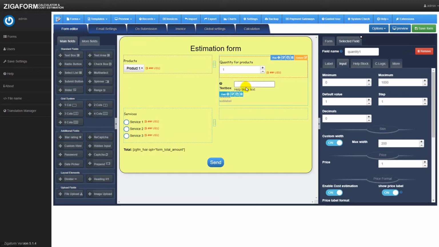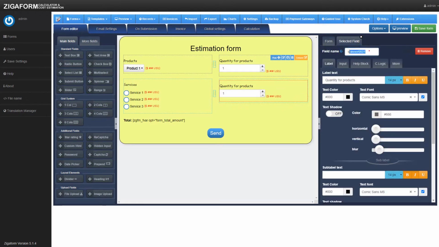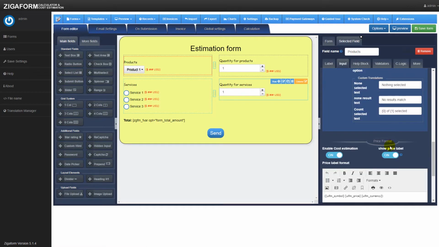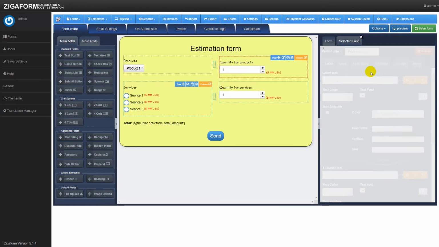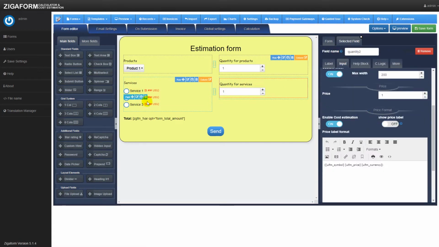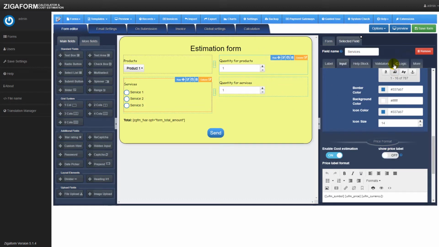Also, I can just duplicate this. We can just edit here, and this will be quantity 2. This will be the quantity for services. Here we have. Okay. Then, in this case, we won't need the price labels. I will have to hide the price labels. Okay, let me see. Yes, okay. And now we have 4 fields,